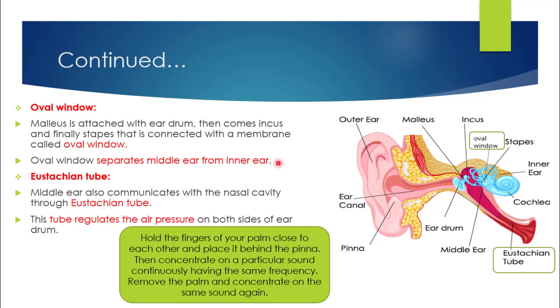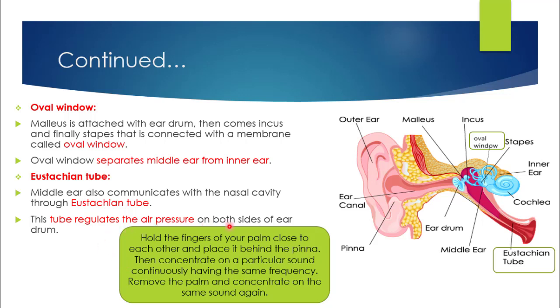Now the third important part of middle ear is the eustachian tube. Middle ear also communicates with the nasal cavity through the eustachian tube. Here is the eustachian tube, the last important part of middle ear. It communicates with the nasal cavity in our body, and this tube also regulates the air pressure on both sides